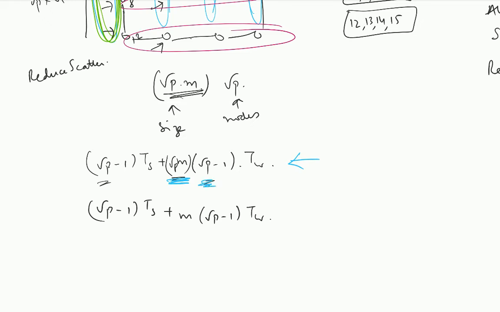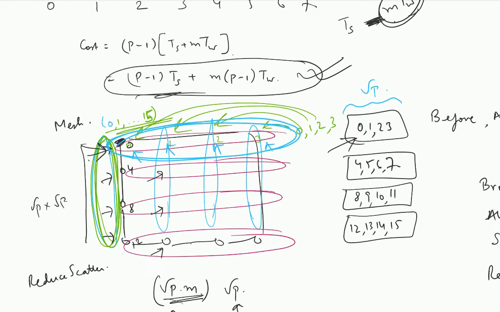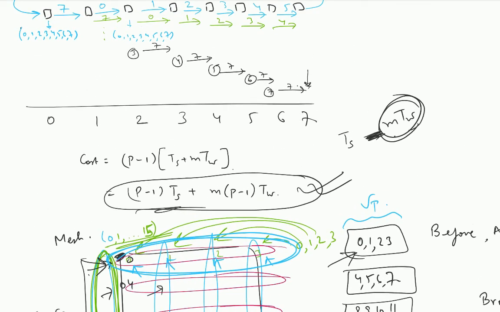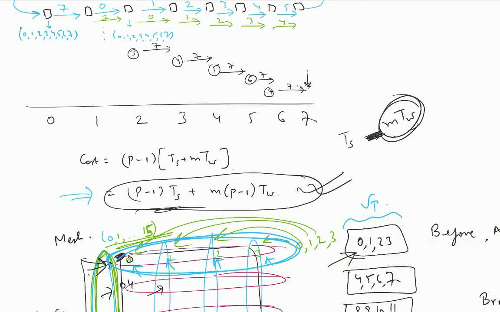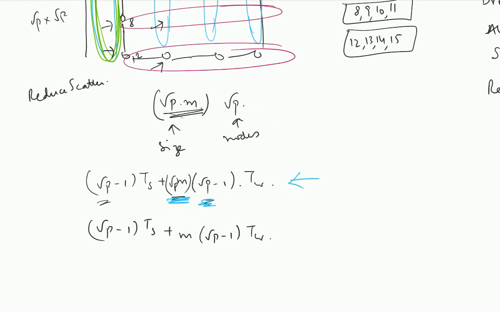And the number of nodes is root P. Since we are just using the algorithm for reduce scatter, this was the cost that we had determined for reduce scatter, we just plugged this in. The only change is that the number of nodes instead of P is root P, and the message size is M root P, right? And so this is what I get,